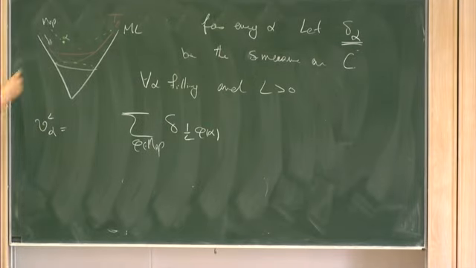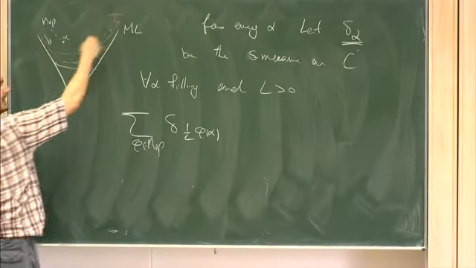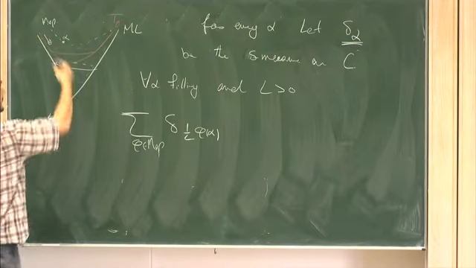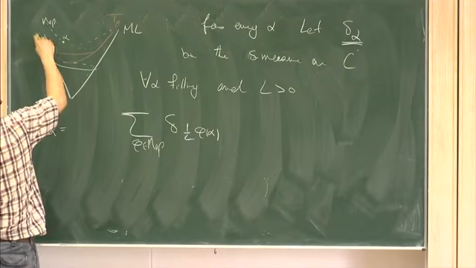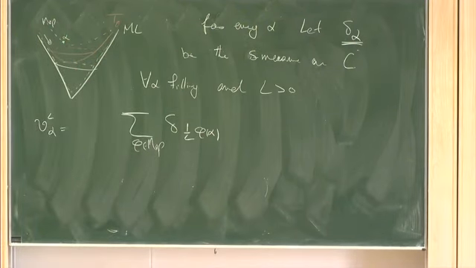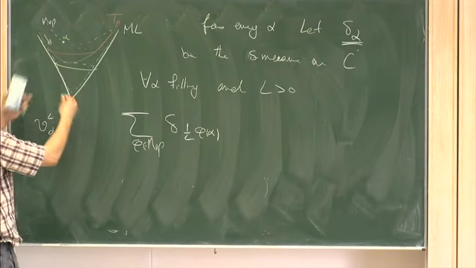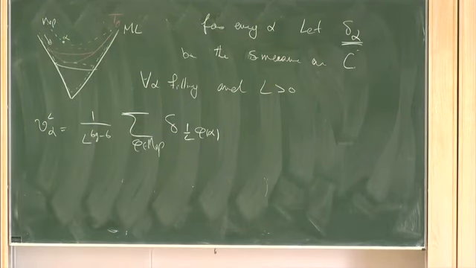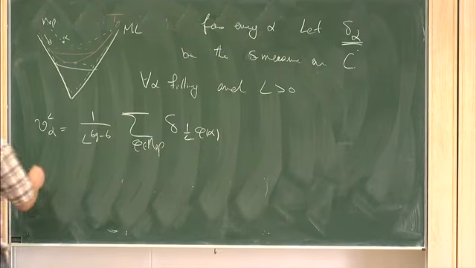So basically I put a delta measure at every phi of alpha, then I scale the whole thing down by factor L, so I would get basically a green light everywhere here near the light cone. And then of course a lot of them will come really close to 0, so I have to scale this down to get the measure to converge. So this is nu alpha L, a measure on C, and the theorem is